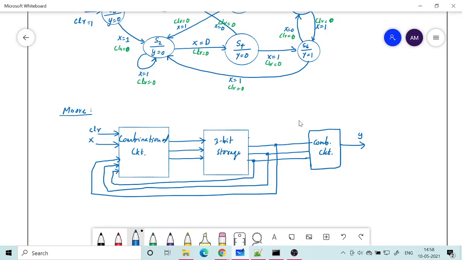So the only difference is that in Mealy machine you don't need one combinational circuit, but the Y will be taken from there, okay. So Y is taken from this circuit itself. It depends upon X also.